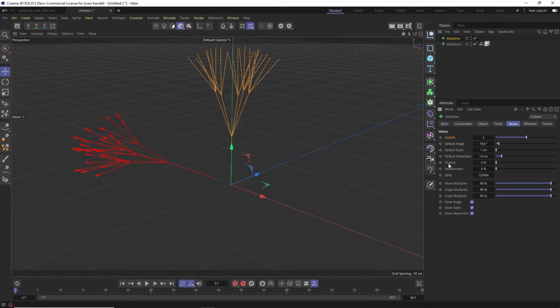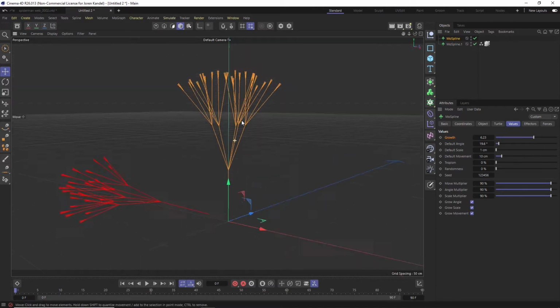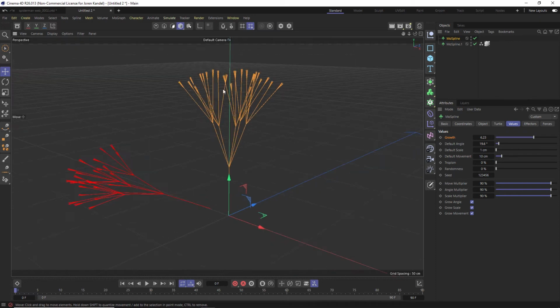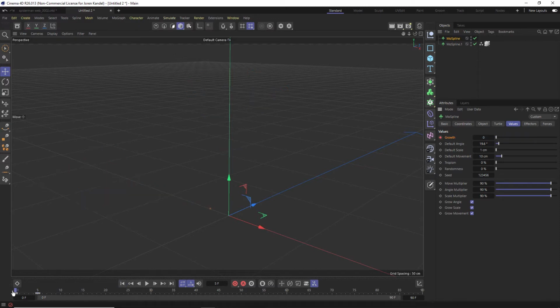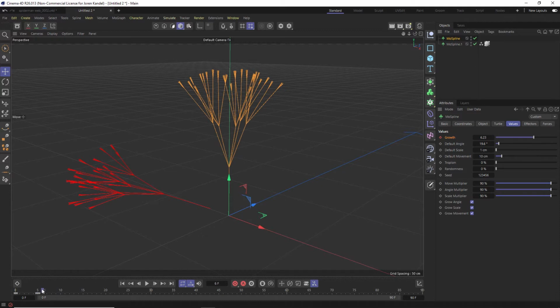And what we're going to animate is the growth right here. So it goes from 0 and it grows on and then it branches out. And I think we stopped right around 6.18 or something around here. So it just ends with this little branch here. So this will be the base for our animation. And then what we did was we just went to frame 5 and we made a keyframe, went back to frame 0 and made it at 0. And then over the course of 5 keyframes, this Mospline is going to grow on, and that will be the